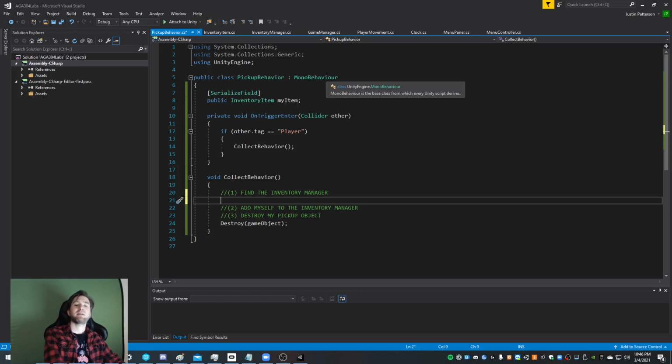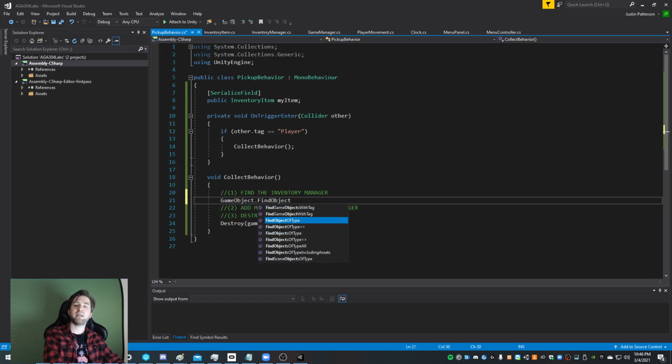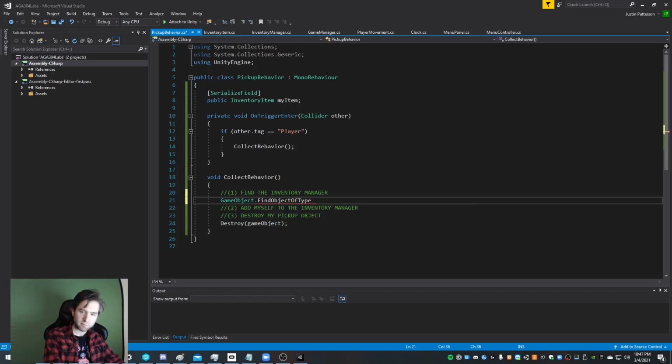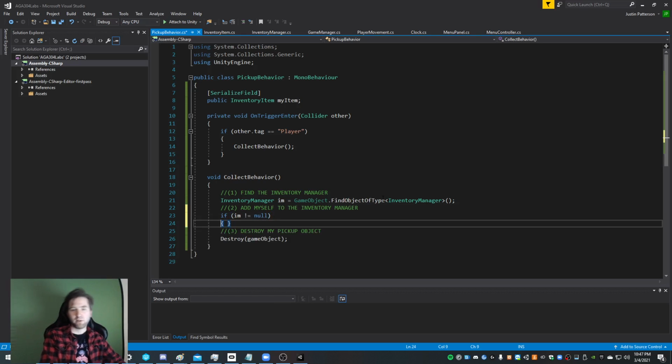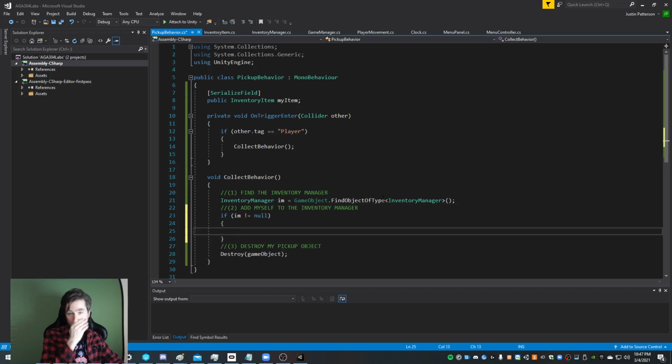I'm going to do GameObject.FindObjectOfType, not objects, but object. I only want to find one of them. Inventory manager. There it is. And I'm going to save this value by saying InventoryManager IM, I'm just giving it a name, equals that. Then if IM is not equal to null, so exclamation point equal with no space between it, that's an operator that says not equal to. So if I was able to find that object, then